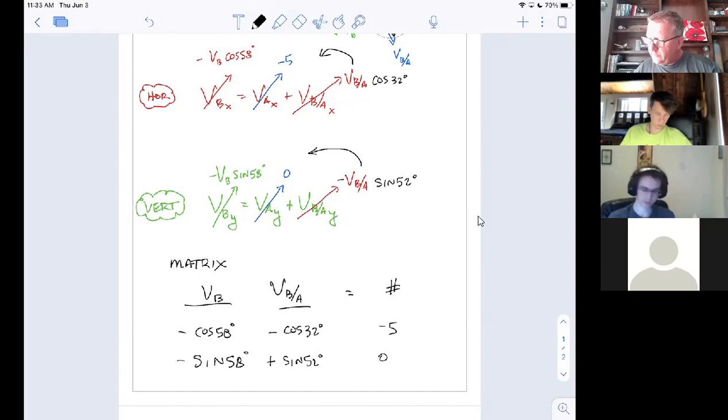Second matrix. I want to edit a 2x3 matrix. I'm typing in negative cosine, I'm in degree mode, of 58, negative cosine of 32, negative 5, negative sine of 58, sine of 52,